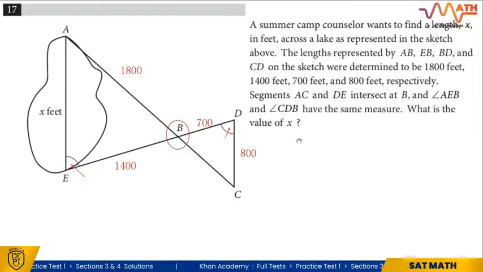So to find x, let's write x over 800, because opposite of this angle in the big triangle is x, the small one is 800, is equal to